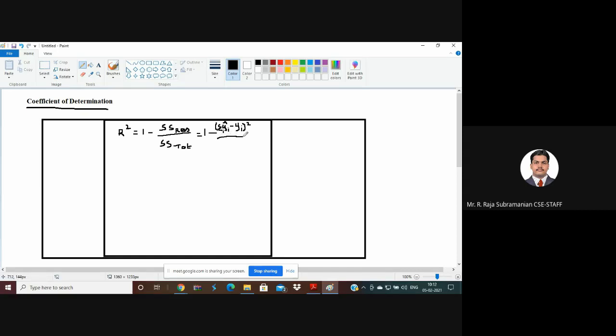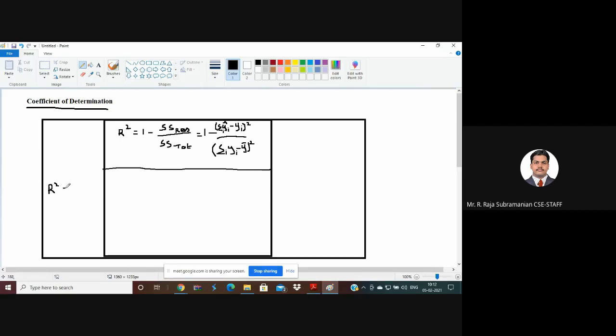Next, what will come in the bottom? Summation over i. Join with me. yi minus what will come here? Minus y dash. So this is actually the total sum of squared errors. Right, now we have the formula ready. Let this be on the top, and you say R squared